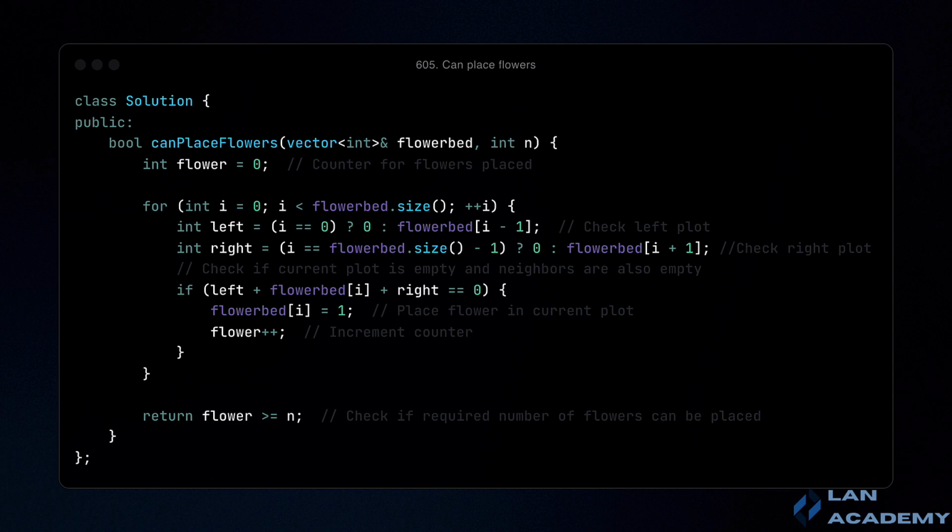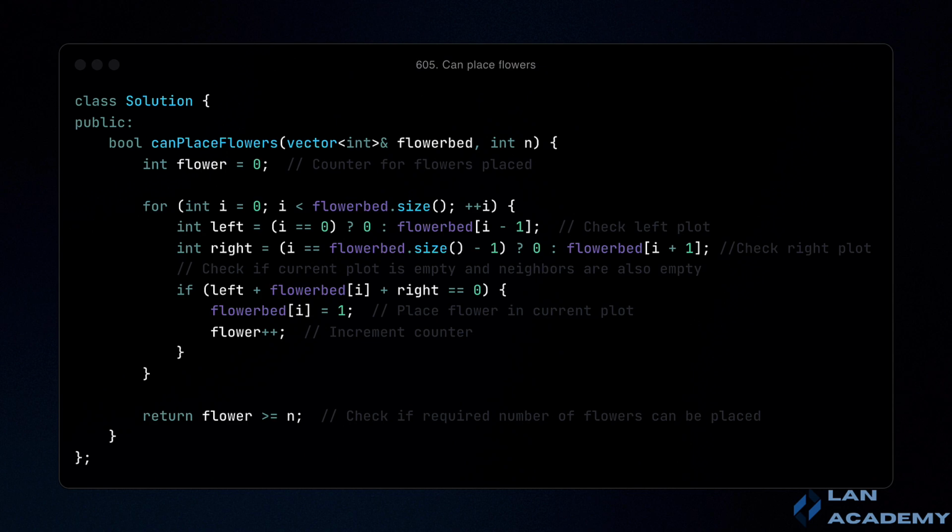To check if I can plant a flower, I will determine the sum of the values at the current position, the position to its left, and the one to its right. If this amount is 0, it means that positions adjacent to the current position are empty, so I can plant the flower in the current position. If I can plant a flower, I will change the value of the current position from 0 to 1 and increase the value of the flower variable because I managed to plant a new flower.